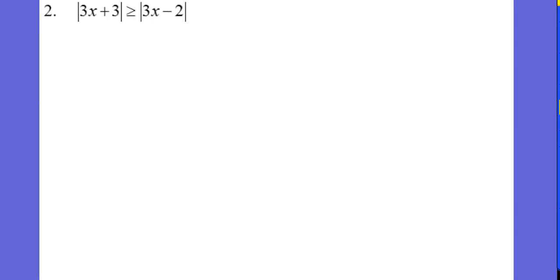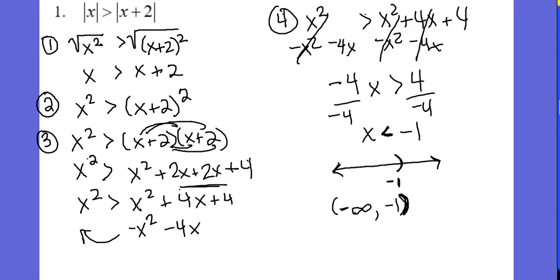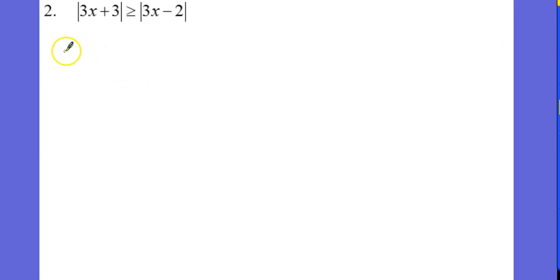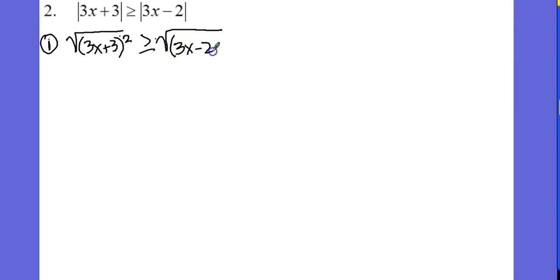Problem 2. Okay, problem 2. So step 1, break them out, right? If I want to break them out of an absolute value, I have to replace them with something that's actually the same. And that would be the square root of the square of 3x plus 3 is greater than or equal to the square root of the square of 3x minus 2. Okay? So we're following rules. We're replacing absolute value statements with an equivalent statement that's true. And now we can apply